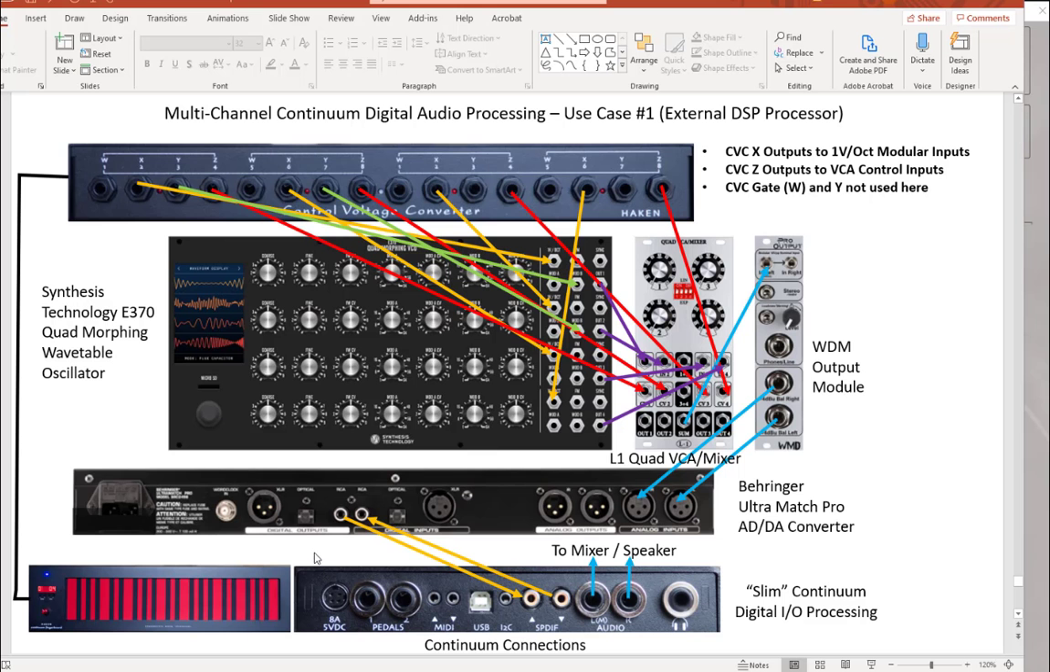Let's talk a little bit about the connections that I'm using here. I have my Slim Continuum in this case that I have connected to the CVC with the proper cable. You can find that information in the manual. If you have a half or a full size Continuum, you can do the same thing, just takes a little different cable. The output of the CVC is going to give me that smooth analog control over a